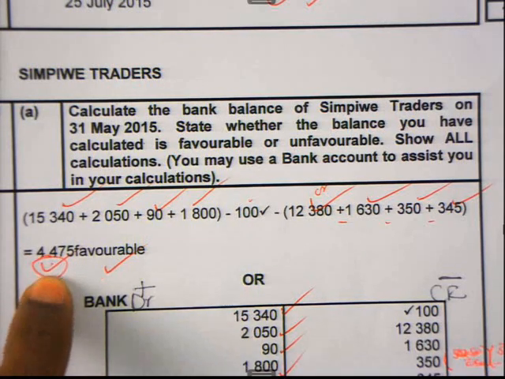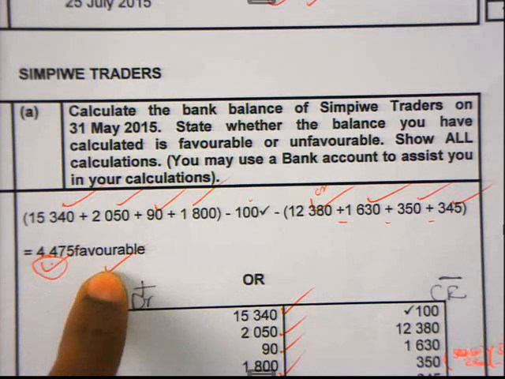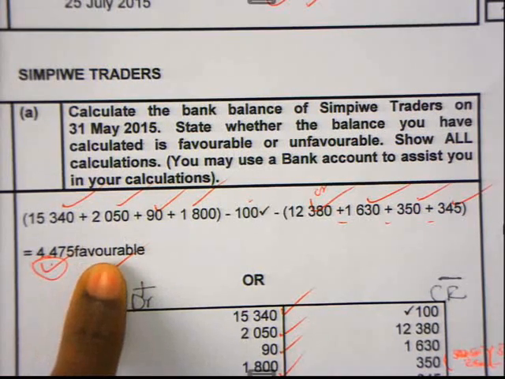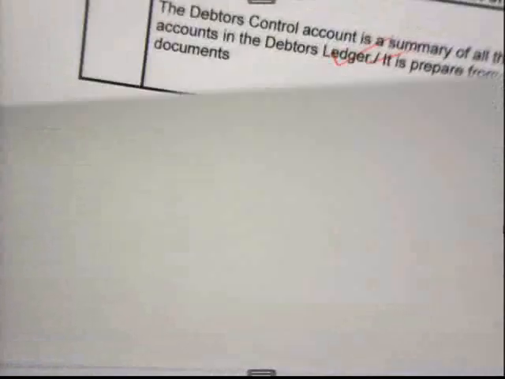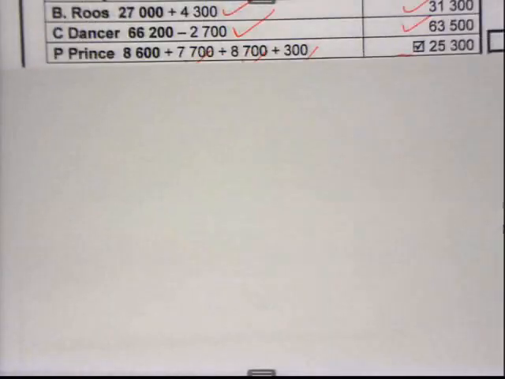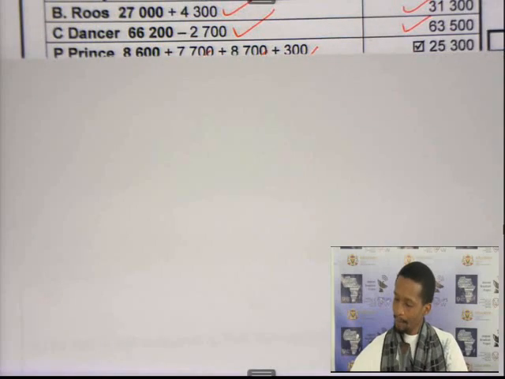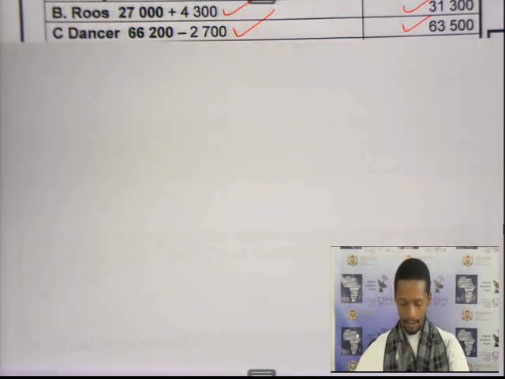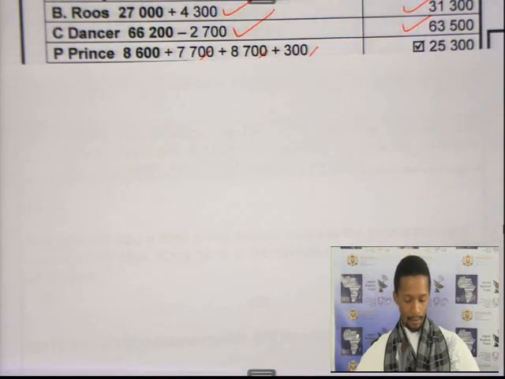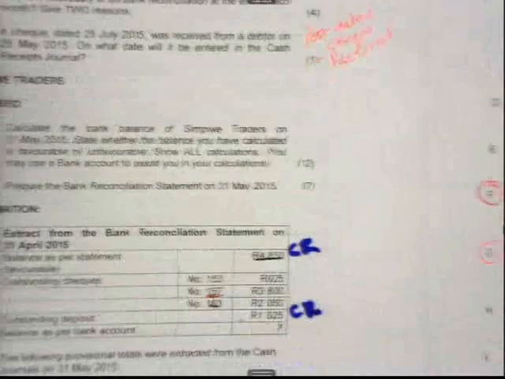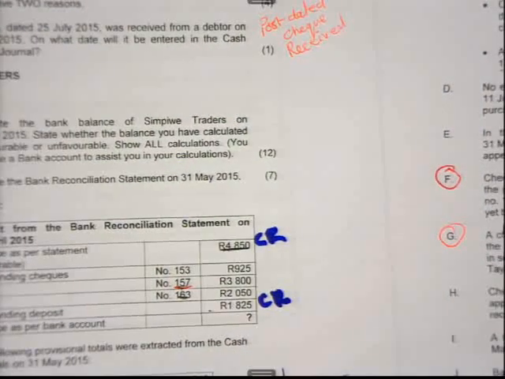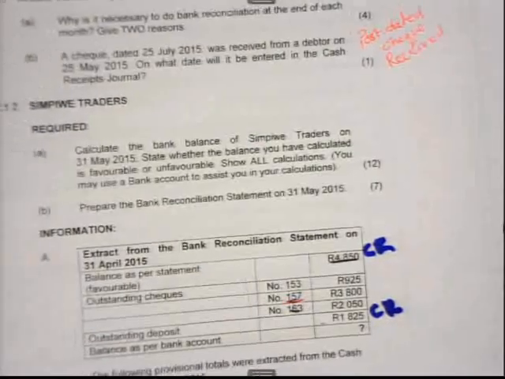So it's an operational mark for that one, and a mark for a favorable balance. Right. That is the end of your BRS. Right. BRS is one of the easiest topics that you are repeating from last year. You've done it. Again this year you are doing it. So it's actually a revision on it. Now we move to the next question here, which is